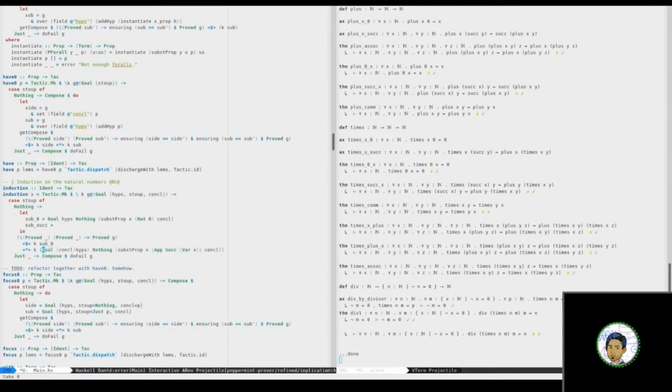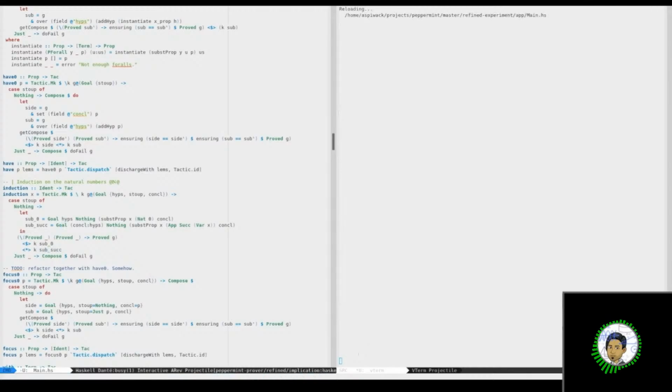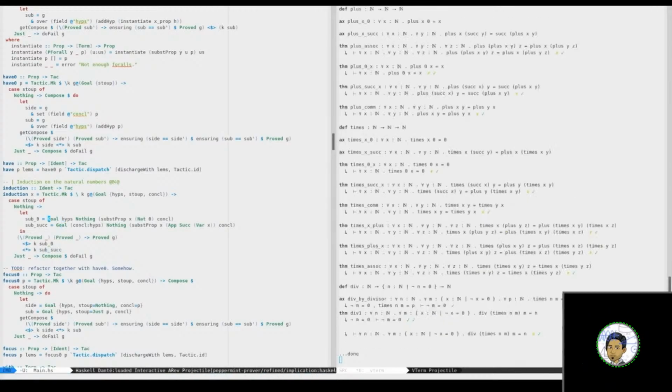Oh, I discovered a new chord. And that is sub-sucks. And it did something that I did with one extra chord before. So that is as the goal G, except the conclusion has been